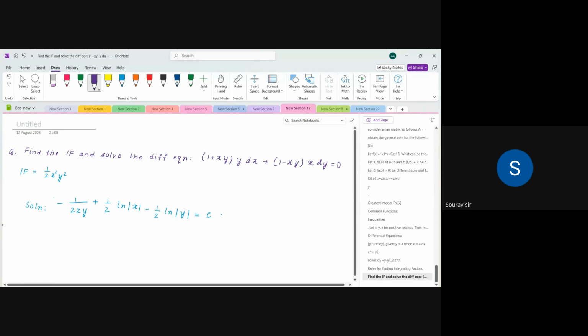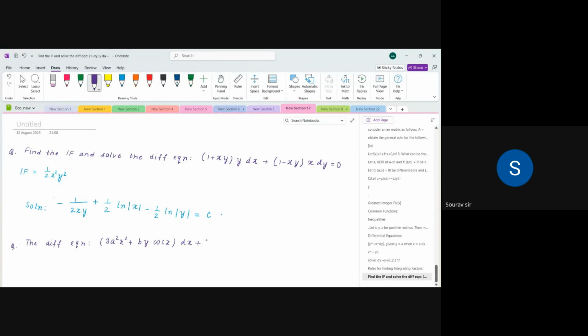So let's take the first question for today. The differential equation is exact for